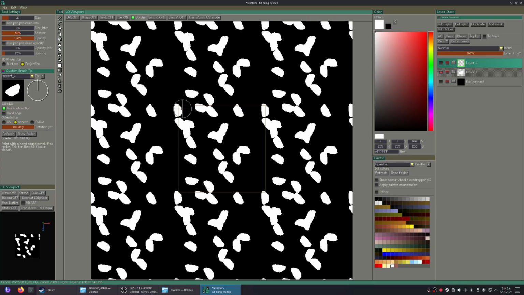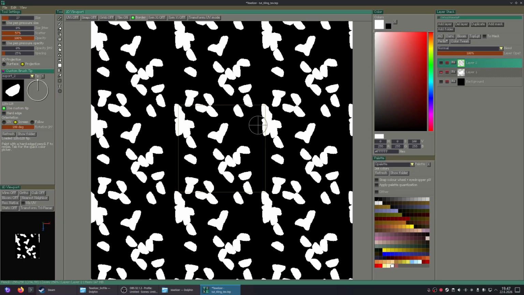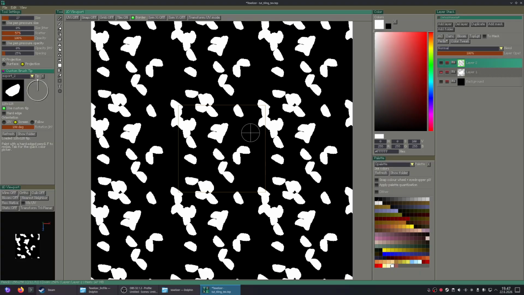If you make a dab here and you don't have tiling on, it won't do this, of course. But with this tiling mode, it will wrap the brush stroke around the canvas edges. So this is really handy for doing tiling stuff.